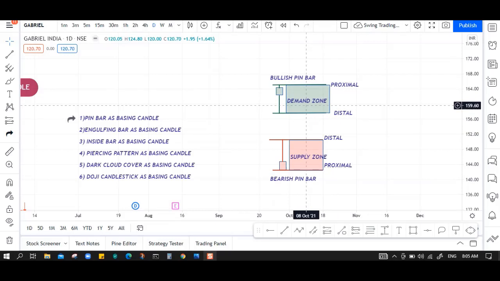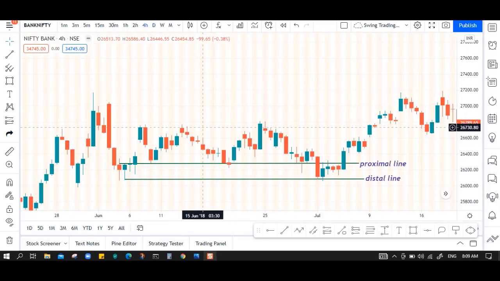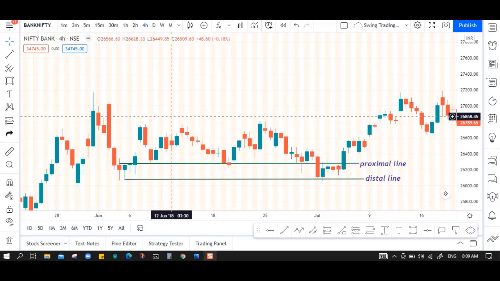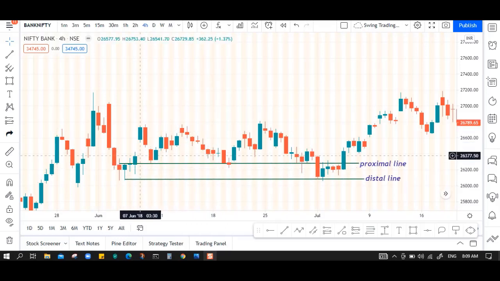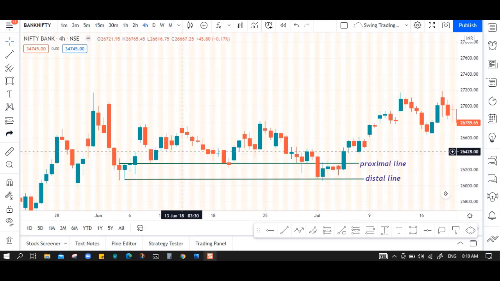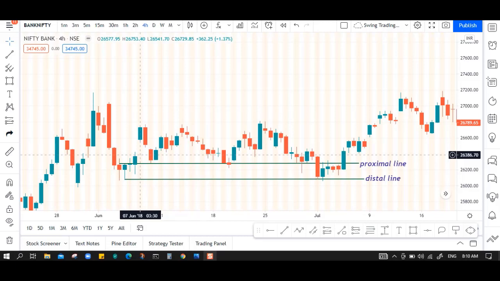Now let us find some real-time examples to show how to draw a demand zone when dealing with a pin bar as a basing candle. As you can see in this chart here, there is a very strong move made by banks or other financial institutions, because retail traders can't move the market in this way. So definitely it is an order of a big player in the market. We don't bother ourselves with the fundamentals to understand the reason behind these moves. All we need to know as a price action trader is that this move was made by a financial institution and this zone becomes very attractive in the market.